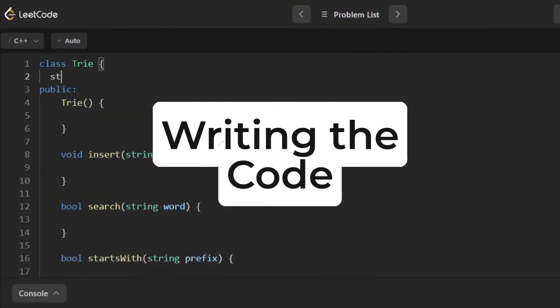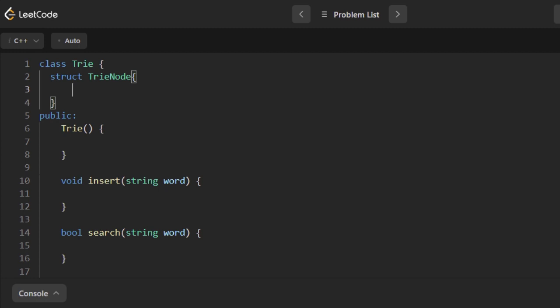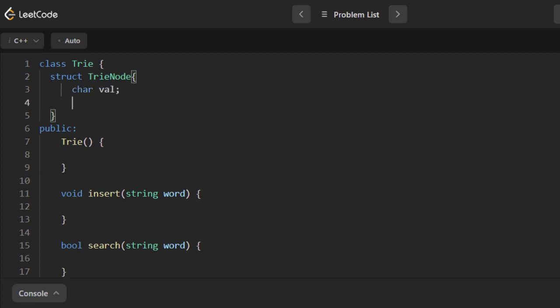So first of all, we want to have nodes inside our tree. So let's create a structure for that and call that TrieNode. Okay, so now we will have three things inside it. First thing will be the value, the character we need, which is basically, whatever string we have, we have characters in that, and for each character we have a node. And for each node we will have a check if it is the ending,